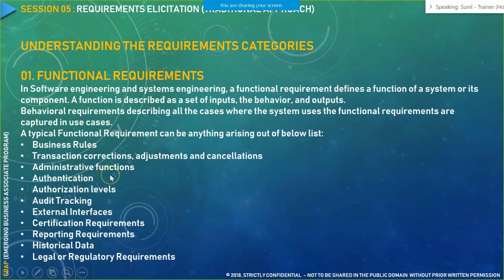Then we have administrative functions. Now, an administrative function is like, you cannot give the same access to all users in a particular system. Some would have higher privileges, some would have lower privileges, whether they could read, write a particular area. I mean, read, write means view a particular dashboard in a system, or they could edit a particular section in a system. So all those things are mapped in your administrative section. Like, depending on the user's role, what all areas within the application he could visit, and what are the permissions or privileges assigned to that particular role.